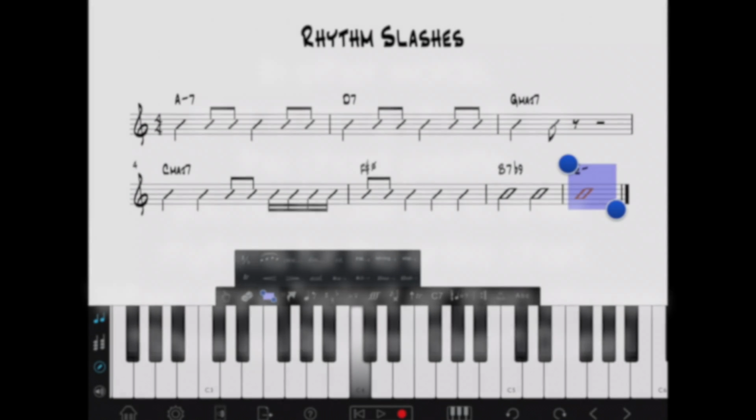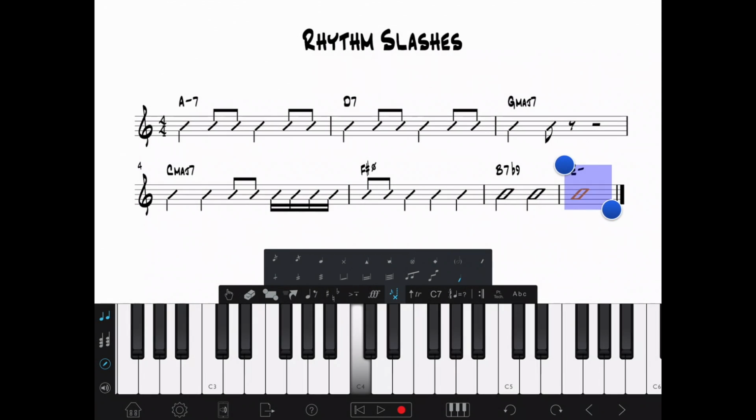Actually, I can bypass going to that menu. I can just go here. What I did is I selected the third from the right at the top, which is a normal note head. So if I enter a note here, and I wanted a whole note value,